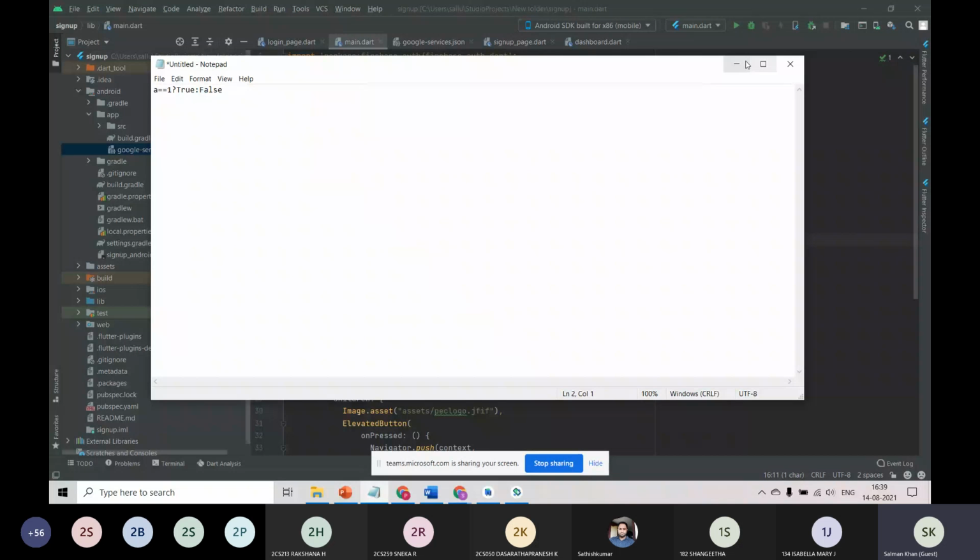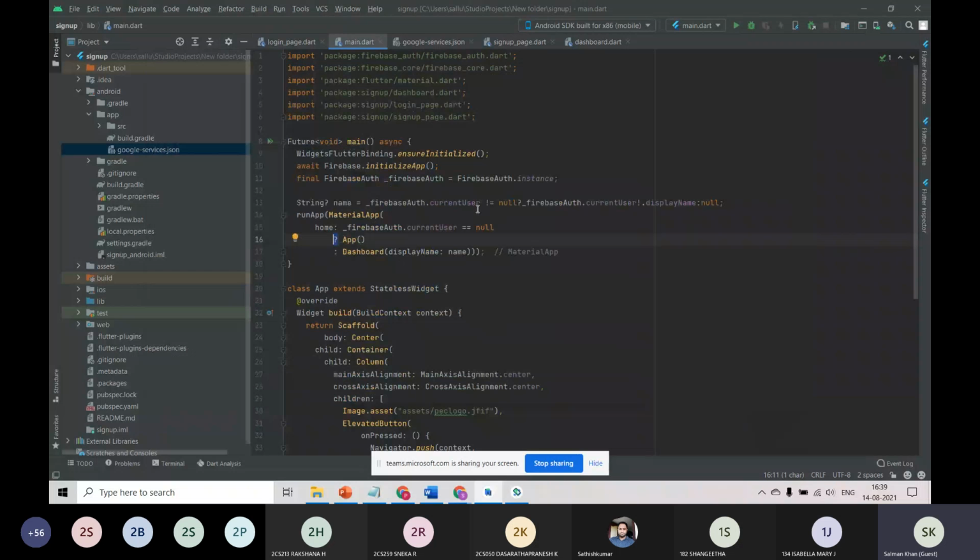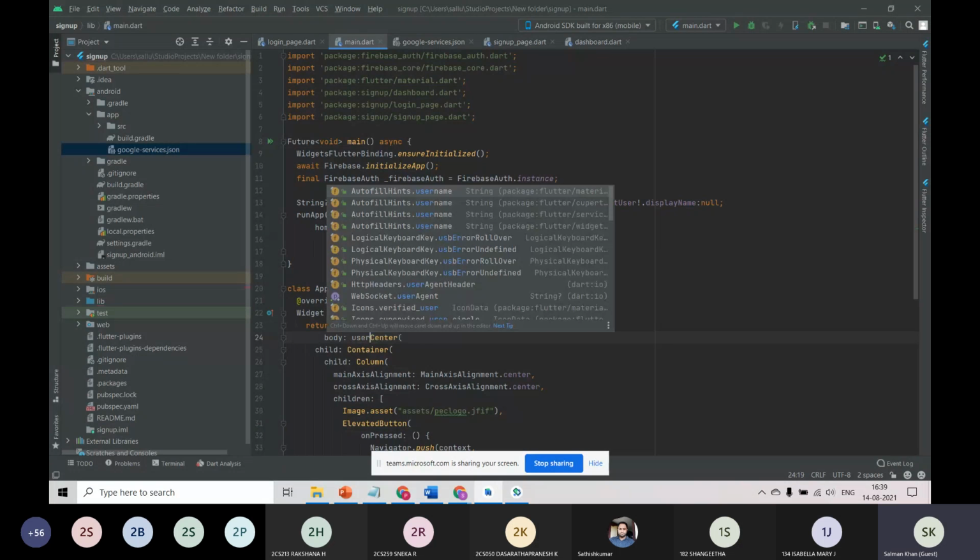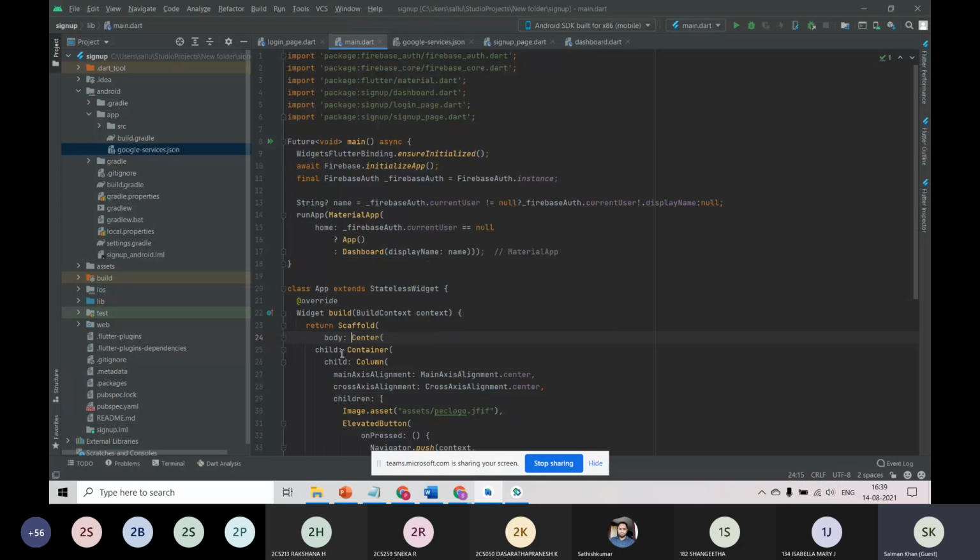For example, if the user preference is equal to a center, we can return the center widget, or we can return any other widget here. So that is what ternary operators play a major role in here.